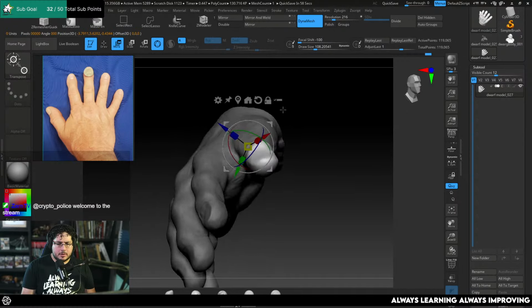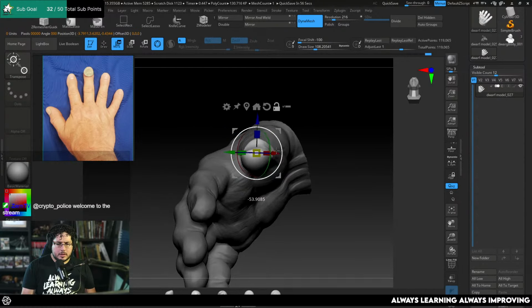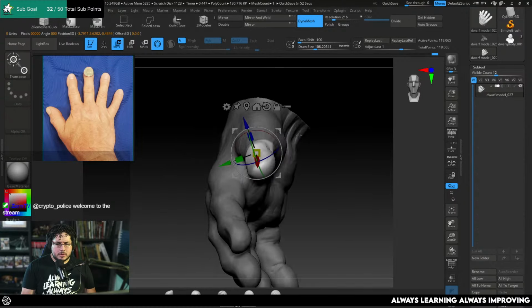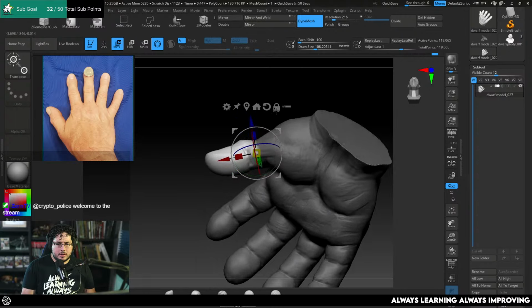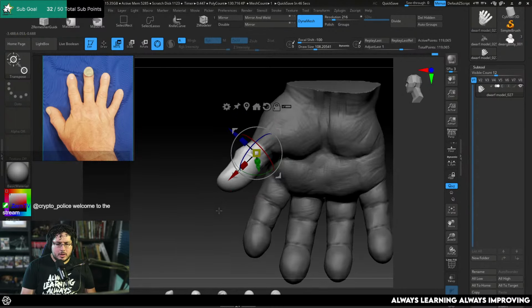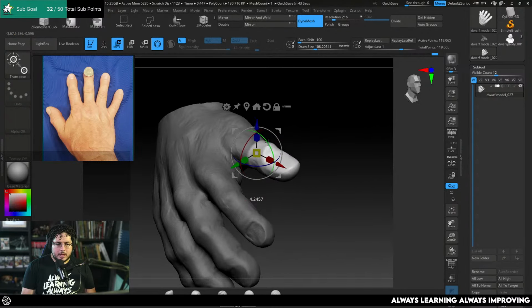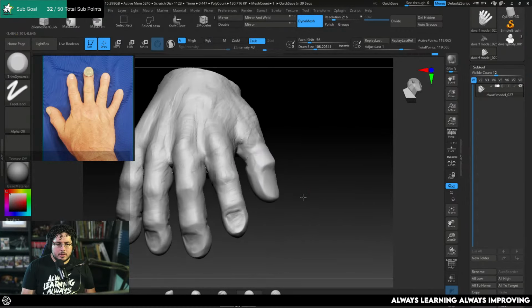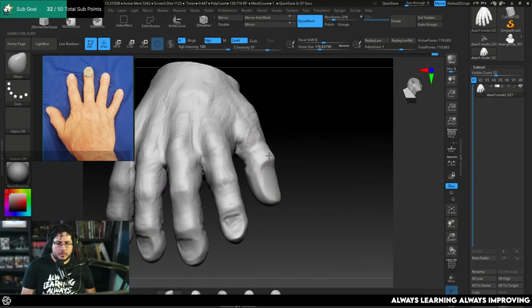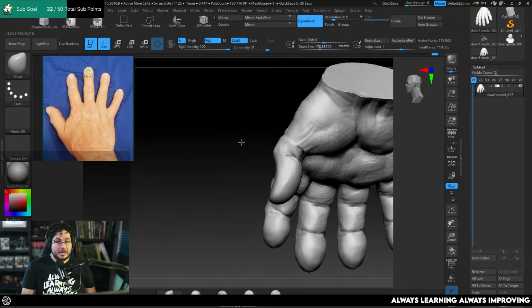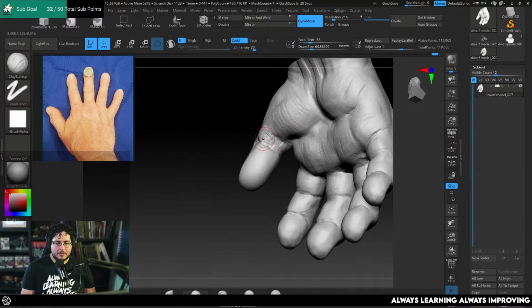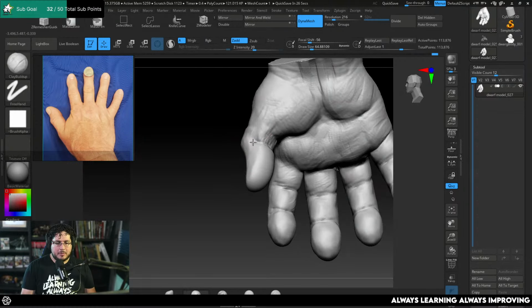Let's fix that. Get this in there. Here's a trick. You can move the arrows so that at least one arrow is pointing in the same direction as the finger, and that's kind of like adding a bone. So when you rotate on that arrow, in this case I'm using the X-axis, it will look like the finger is bending. So it's kind of like rigging. A very primitive way of rigging here inside of